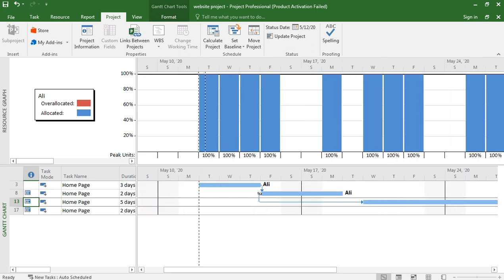This is finish to finish. If we change it to start, then both processes will start on the same day. You see this? This process starts, this is the start date, and the next process starts. So this is start to start.